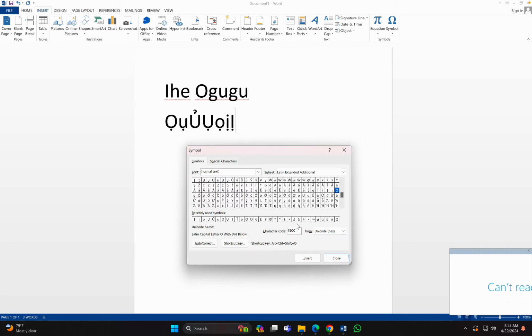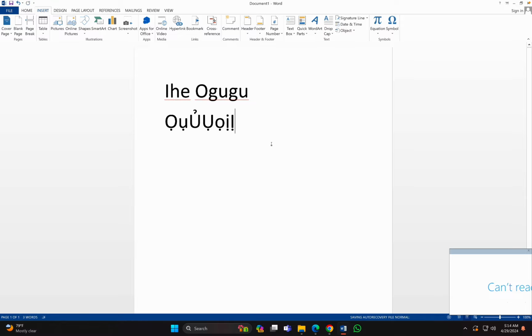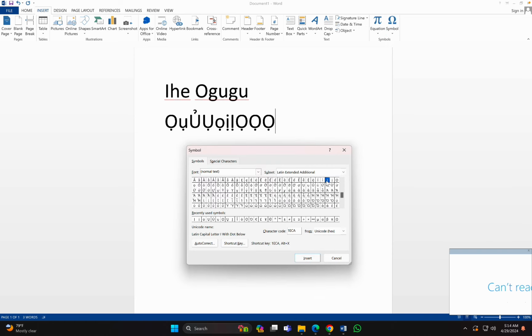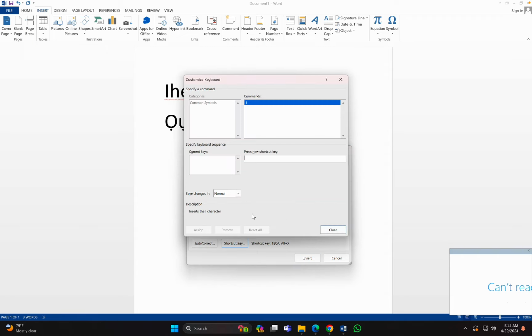Okay, let's select before we move on. So Alt Control Shift O is for capital O in Igbo. I want to assign another one. Let me assign capital I, this capital I, a shortcut key. Now let me use Control Shift I for capital I. Assign,